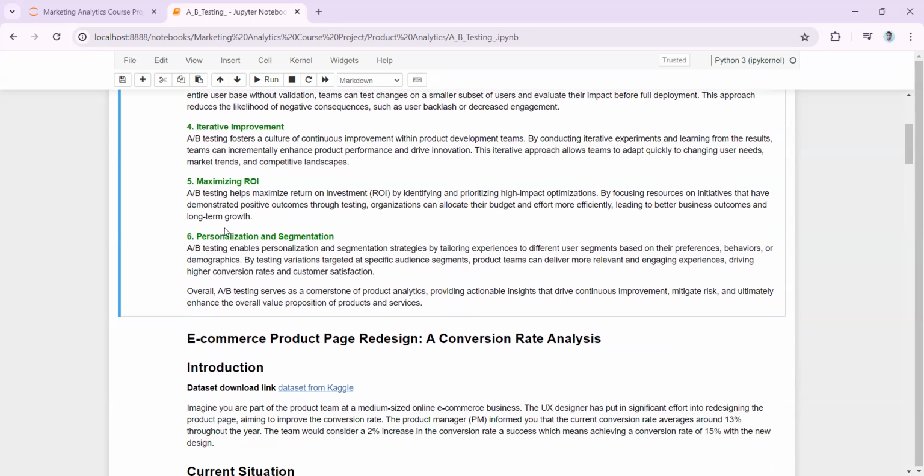Similarly, it is helpful in maximizing the return on investment. A/B testing helps maximize return on investment by identifying and prioritizing high-impact optimizations, by focusing resources on initiatives that have demonstrated positive outcomes through testing. So what you do is organize your resources, and you allocate more of your budget